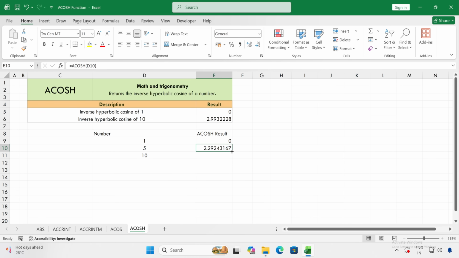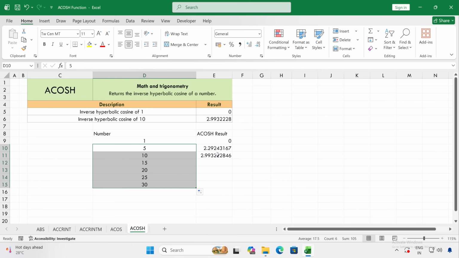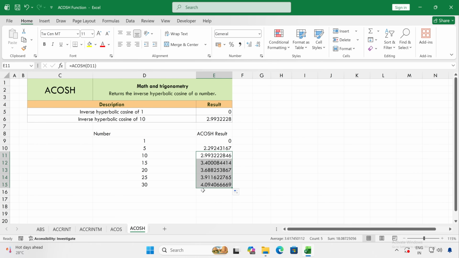Now if I double click on that, you can see I got the value of this particular number. Similarly, let's say here I'm going to add more values and drag and drop. Now if I double click here, you can see I'm getting the value of all the results. This is how you will be able to calculate ACOSH value in Microsoft